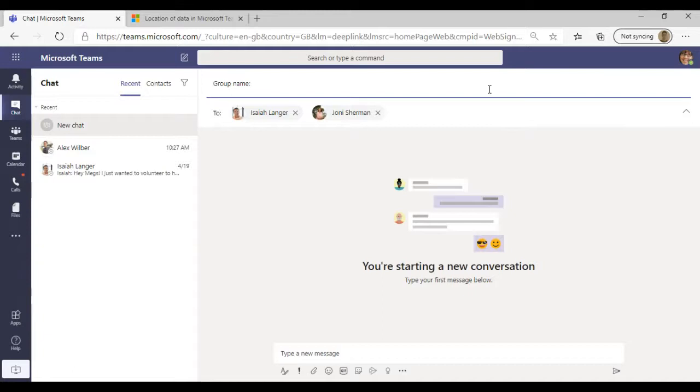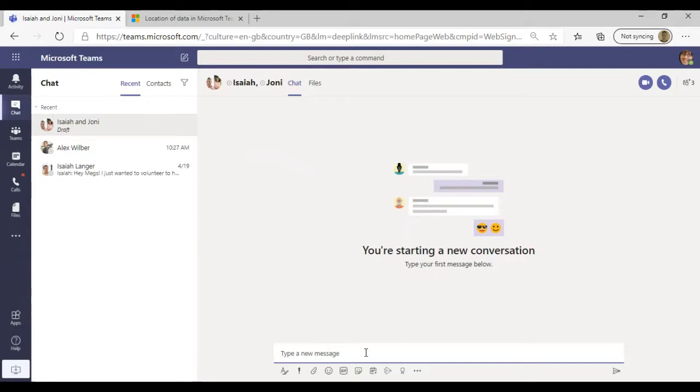This is very good for that very instant message, not necessarily project-based discussions, but you have the ability to add in as many people as you want into that group. But again, very much for just an ad hoc discussion as opposed to anything around, say, project management. What you also have the ability to do along the bottom here is to start to look at some of the add-ins and functions within chat.